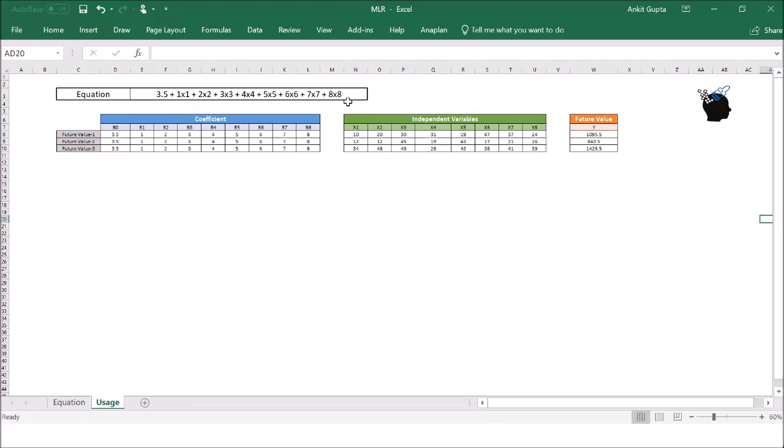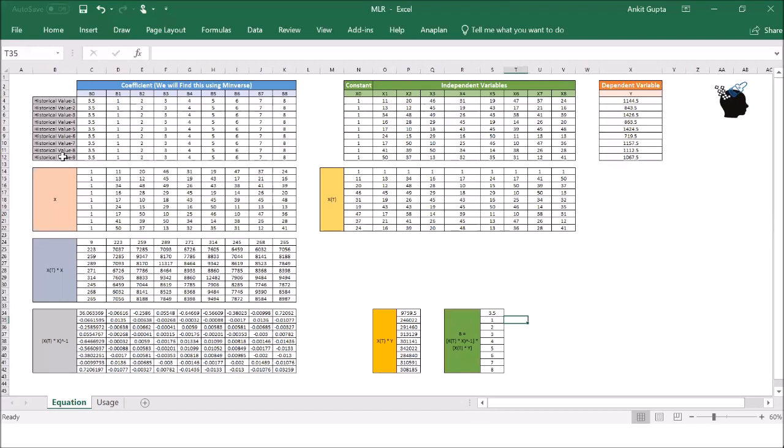In future, if I know the values of these independent variables, let's say they are 10, 20, 30, and so on, and I already know the values of my coefficients, I can go ahead and compute the future value, again using a sum product function. So this is how you can use your historical data to first come up with your multilinear regression equation.